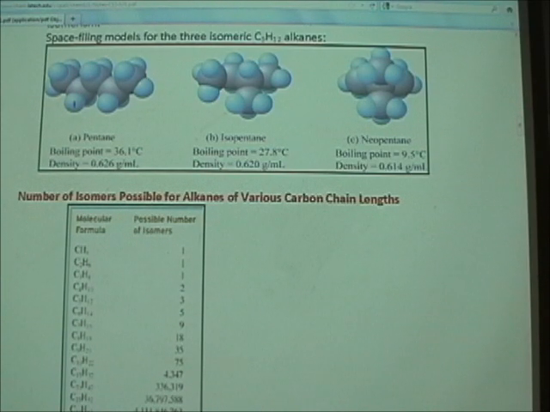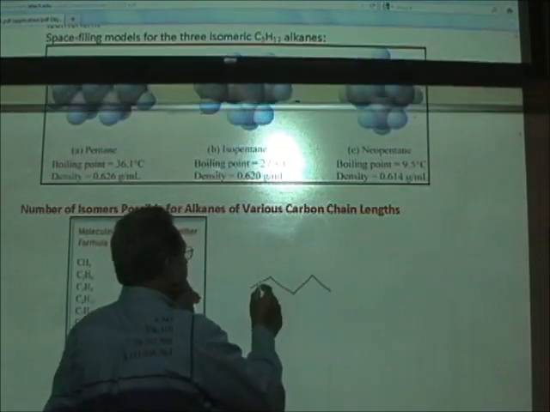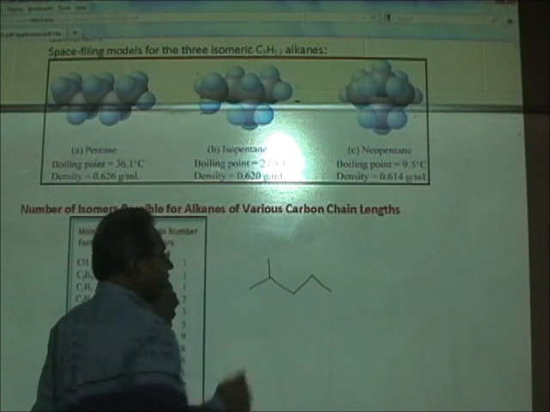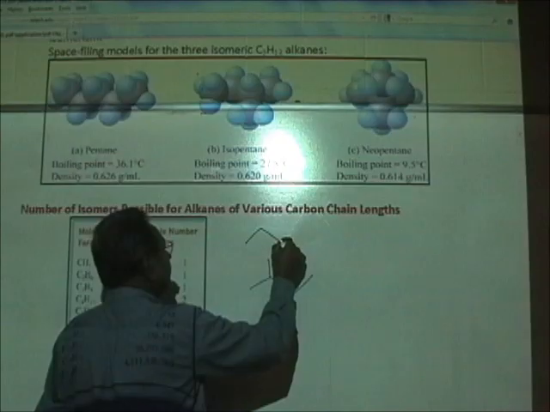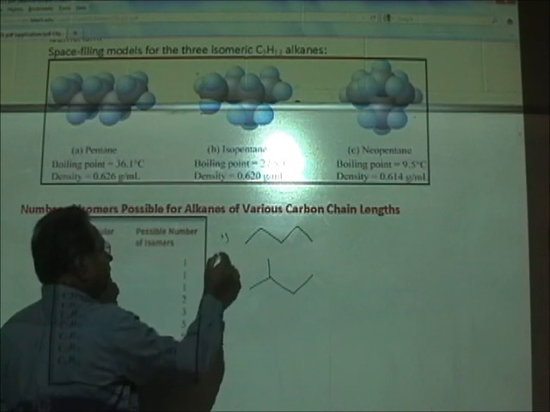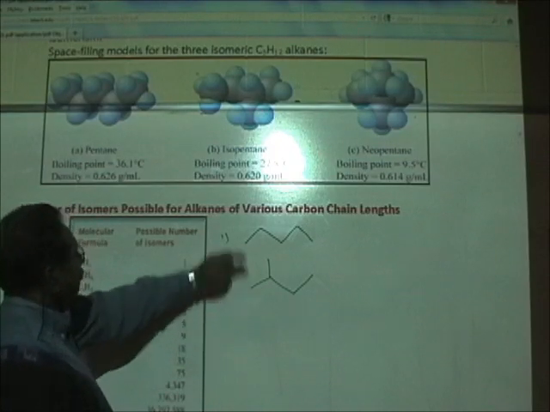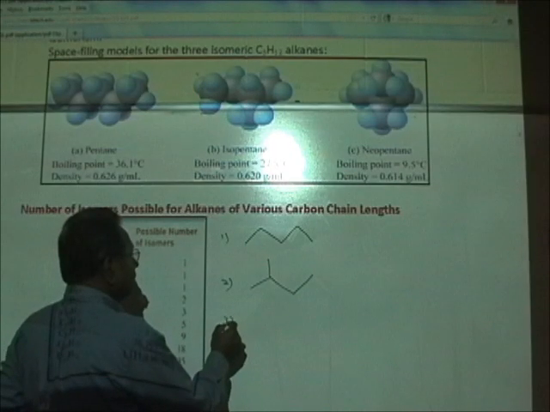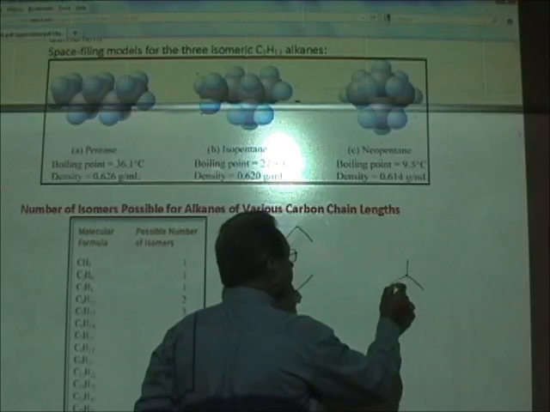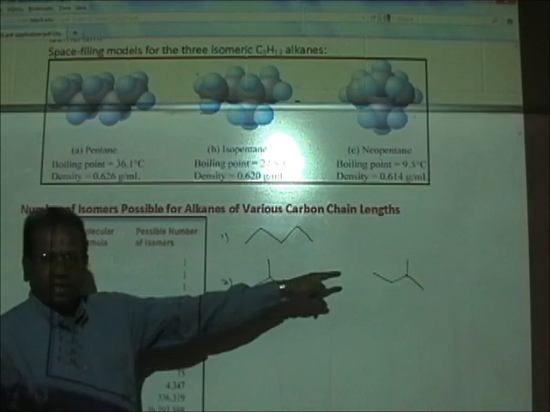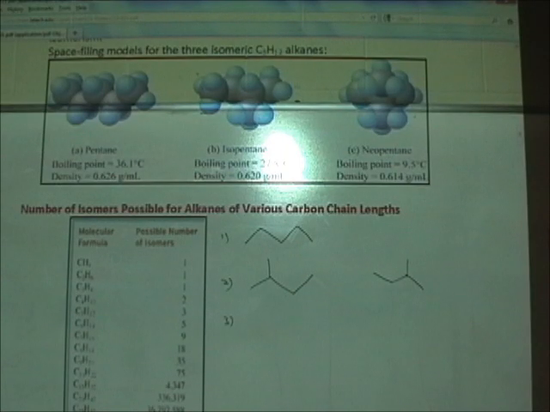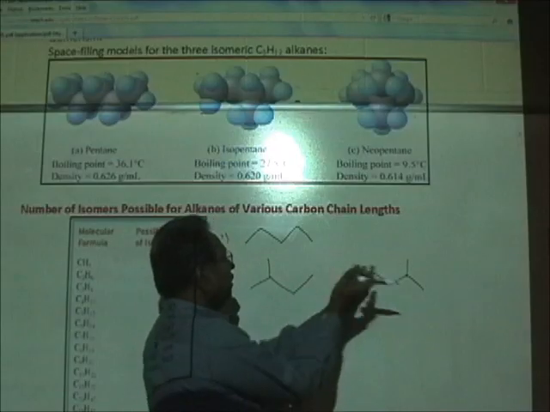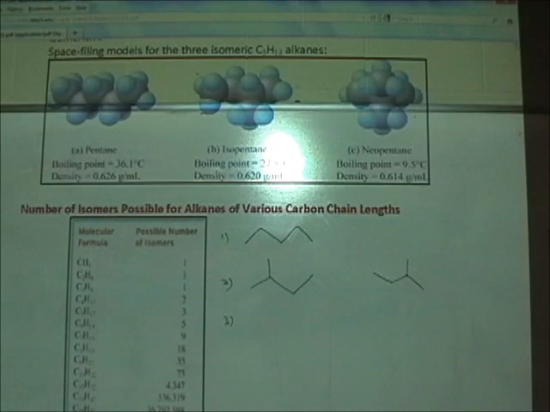For example, pentane has 5 carbon atoms. 1, 2, 3, 4, 5. There's 1 isomer here. Then you take out 1 carbon atom here, right? 1, 2, 3, 4, 5. That's one of them. This is going to be isopentane, like that. Number 3. How about this? Is it different from this one? When you turn the isopentane molecule around, it's not going to be different, right? It's the same thing. You can turn the molecule around and superimpose it, right? This is the line angle formula. So therefore, you understand that